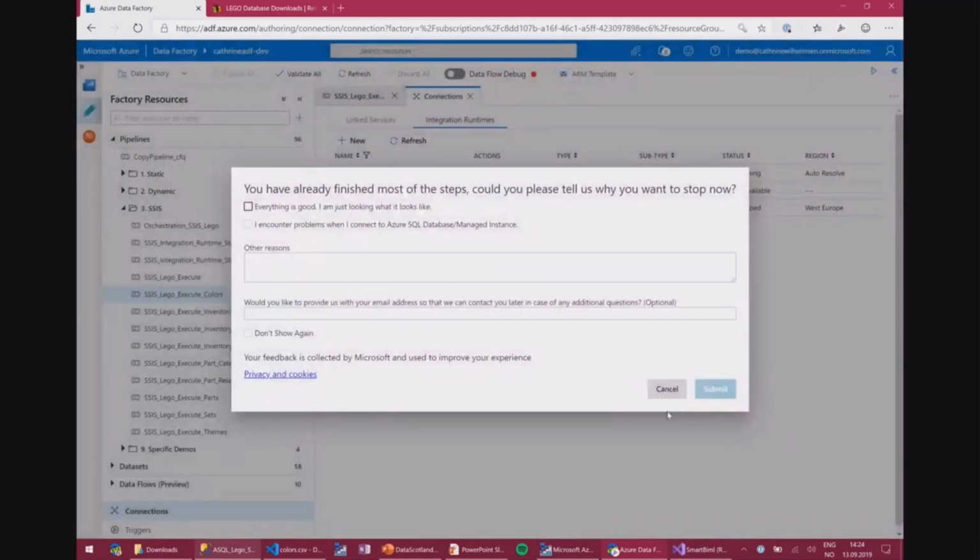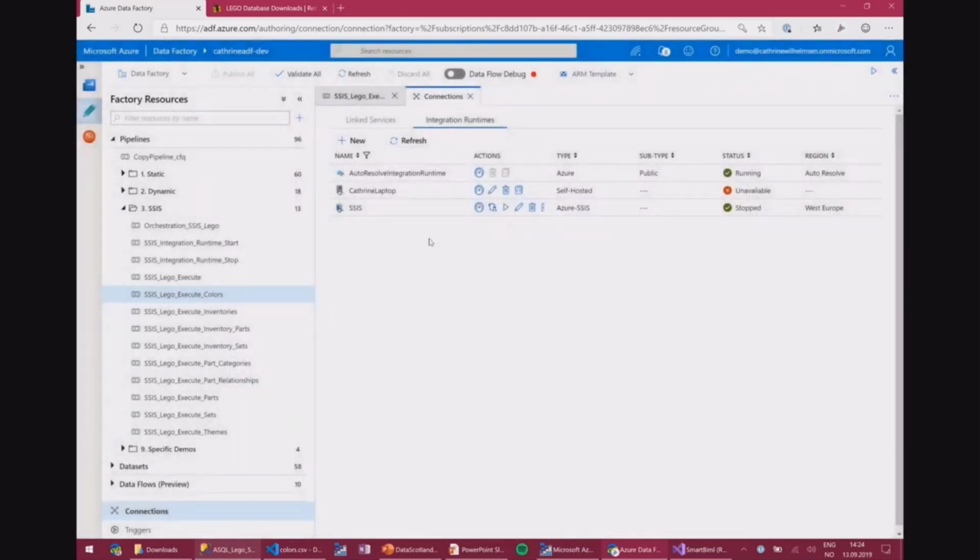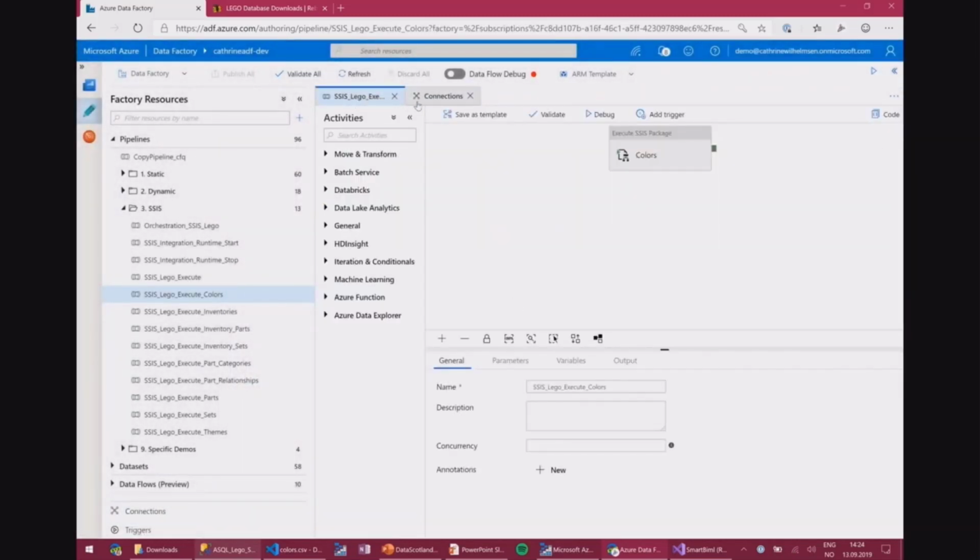It does tell me, though, do you want to give some feedback why you're canceling this? So they do want to know why you don't want to spend your money. There is an option for you to choose to point to a blob storage container that contains the setup scripts. It does require a few more steps, but you can add all of your executables, DLLs, whatever that you would install on an SSIS server. You can add that to a blob storage and just point to that. And then once that integration runtime starts running, it's going to go ahead and install all of these things.